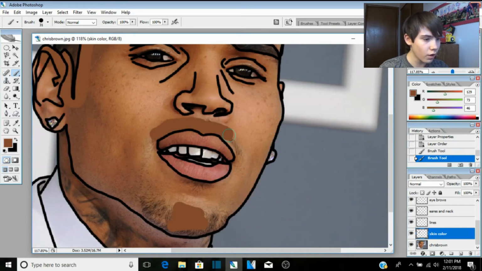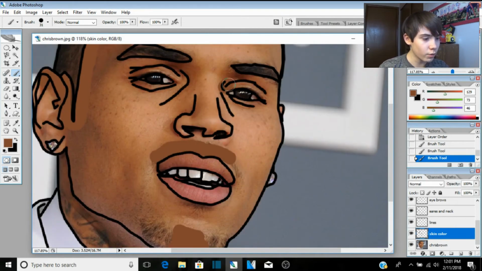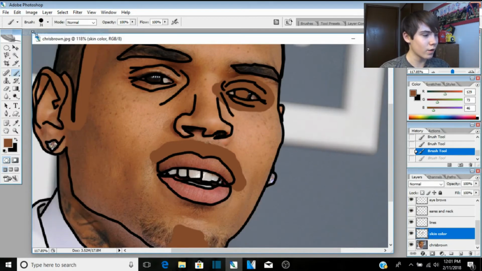Don't go around the mouth. Basically you want to go around the mouth and around your eye color, just like that. Simple, it's easy. Don't go inside the eye like that, and if you accidentally do, right click, step backwards,